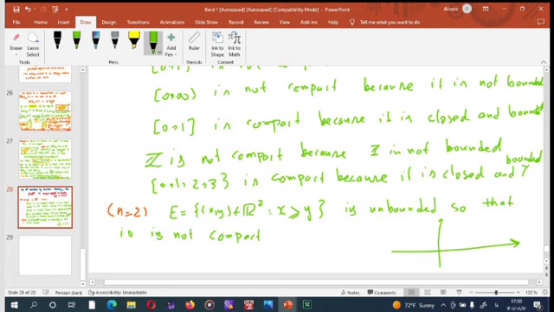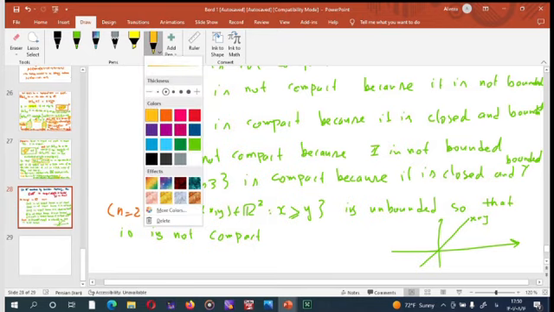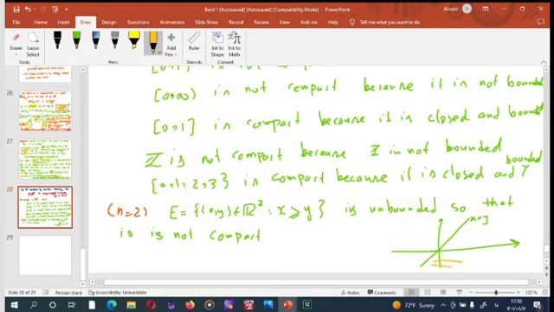This is the set. If this is the line x equal to y, we consider this set as E, okay? This is unbounded, so this is not compact,